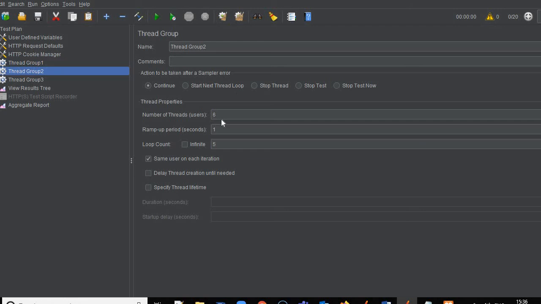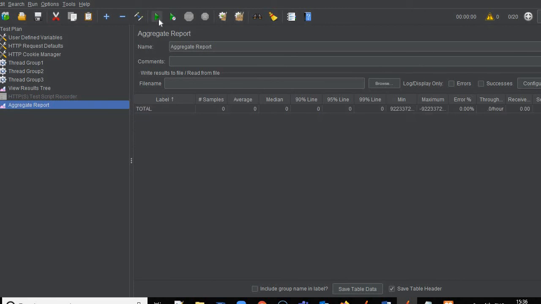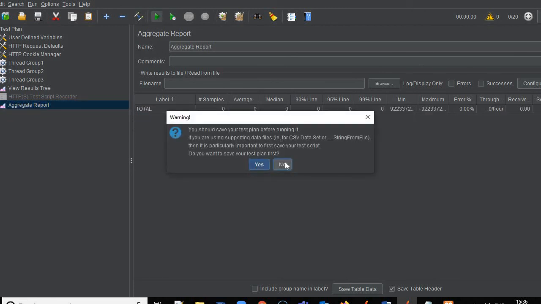In thread group 2, 6 users will perform 5 iterations, and in thread group 3, 10 users will perform 5 iterations. So in total, 20 iterations should be there for thread group 1, 30 for thread group 2, and 50 for thread group 3. Let me clear the previous result and execute it now, and we'll see what happens.